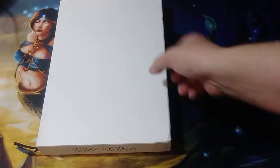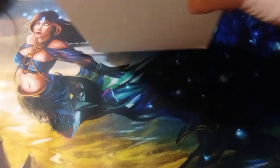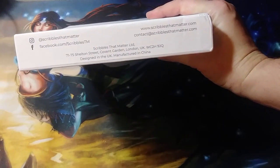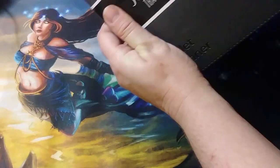It's like a dot grid box. It says Scribbles That Matters on the bottom, and it has Scribbles That Matters contact information at the top. But I thought it was really cool, if it'll focus, that it's got this dot grid pattern on it. When you pull the Scribbles That Matters planner out,